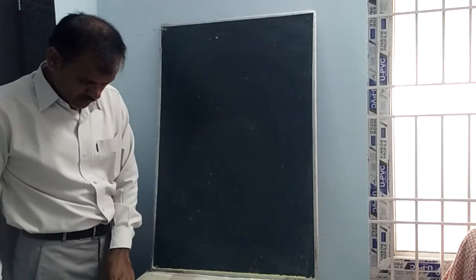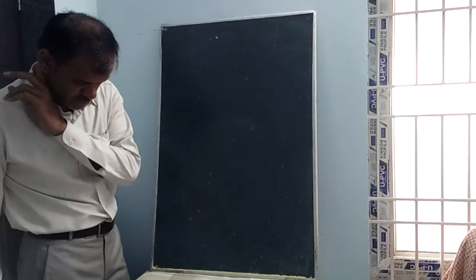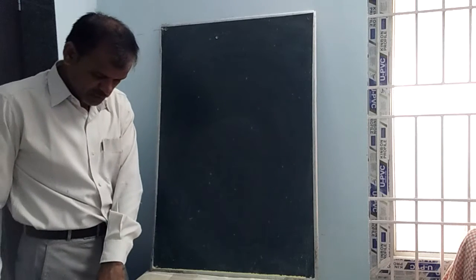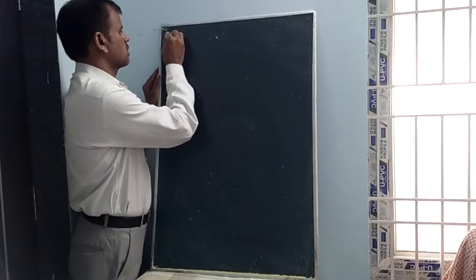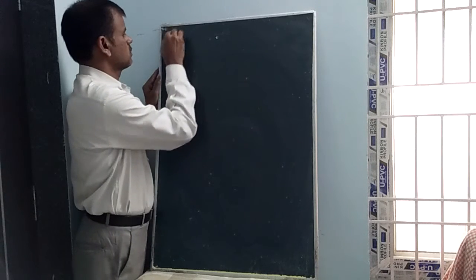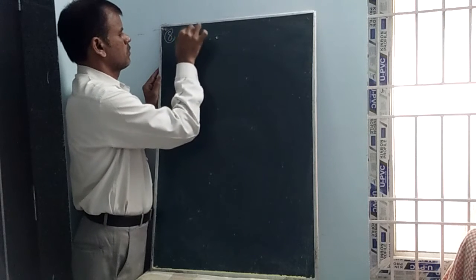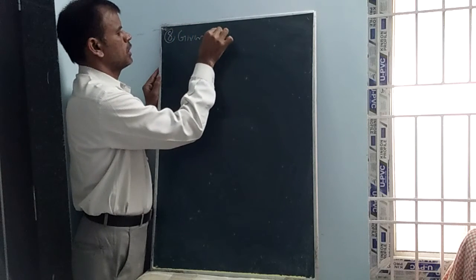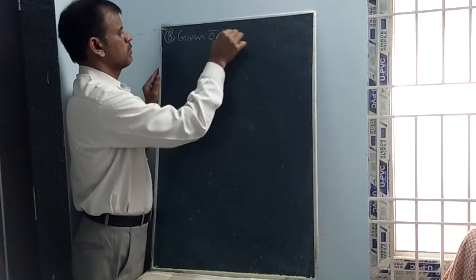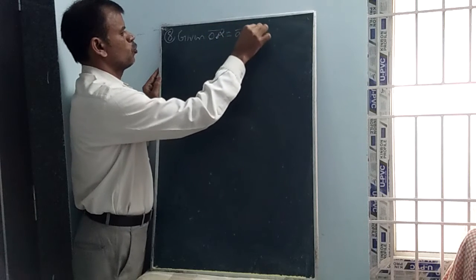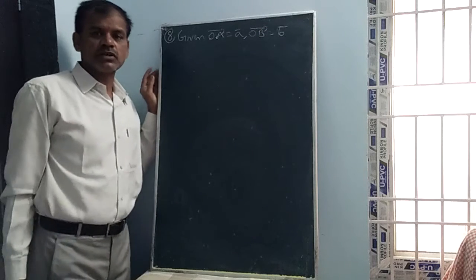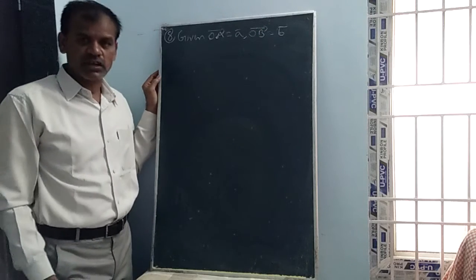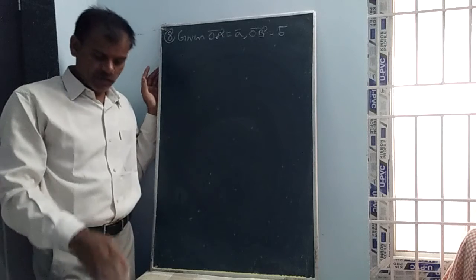Eighth question. Let A and B be points with the position vectors a bar and b bar with respect to origin. Given OA is equal to a bar, and OB is equal to b bar, also given. But OC equal to c bar he did not give. Don't get confused. OC is not c bar.